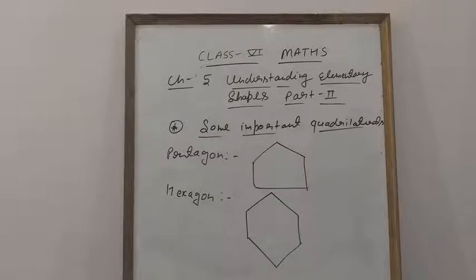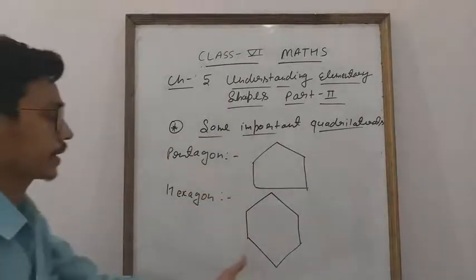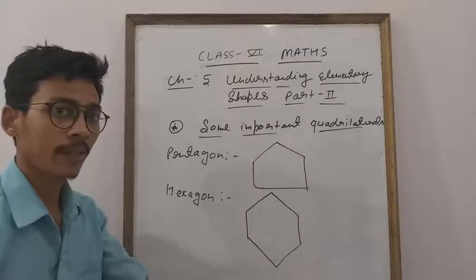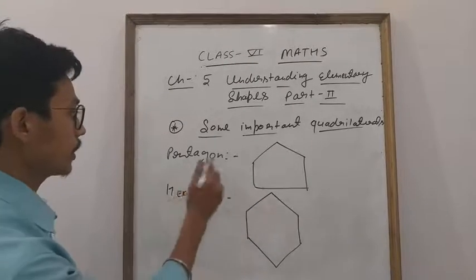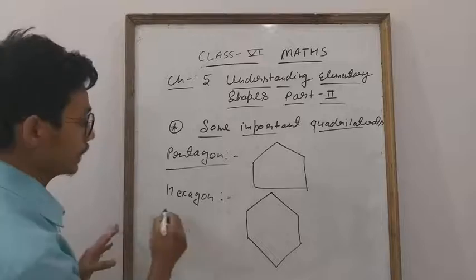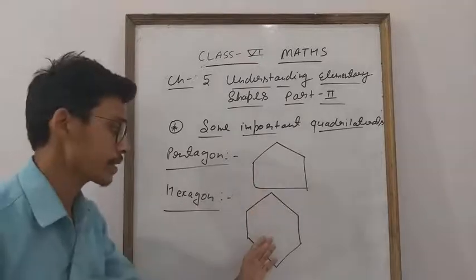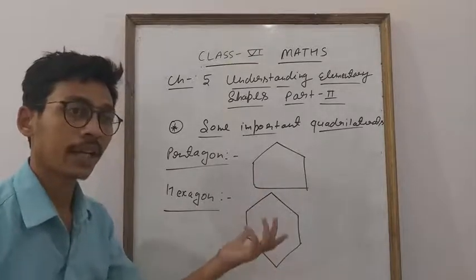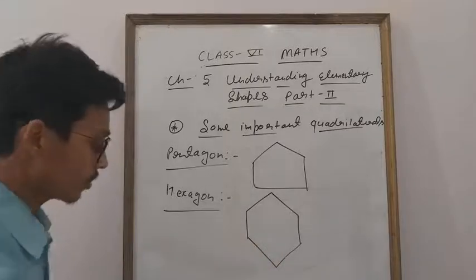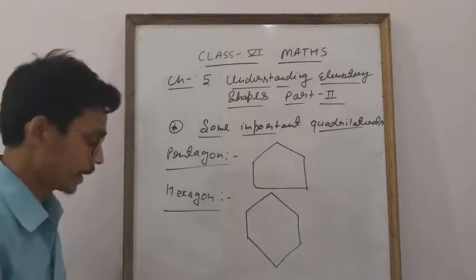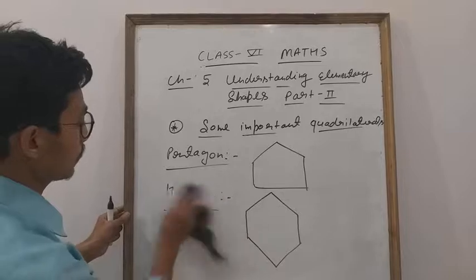So these are our different types of polygons. This is also part of it. Clear? This is the pentagon. This is the hexagon. Pentagon 5 sides, hexagon 6 sides, septagon 7 sides, octagon 8 sides. So you will make it. Clear, student? So I have cleared all the things which are given in this.